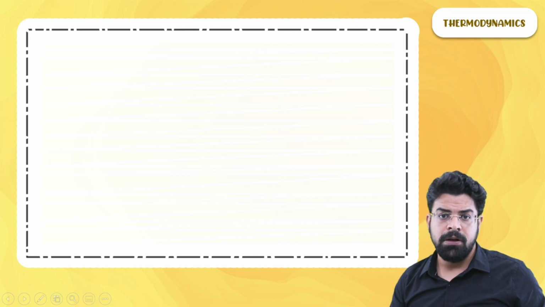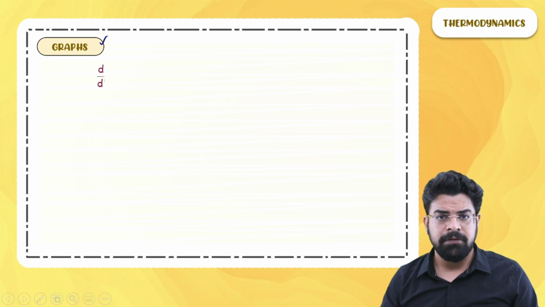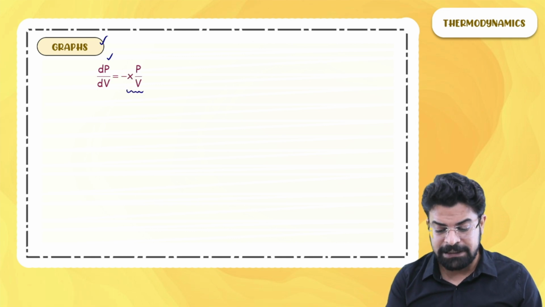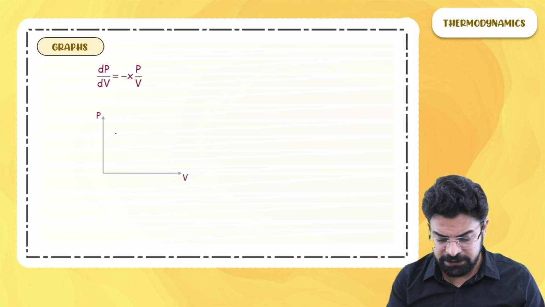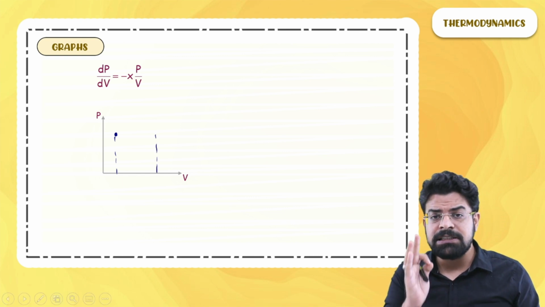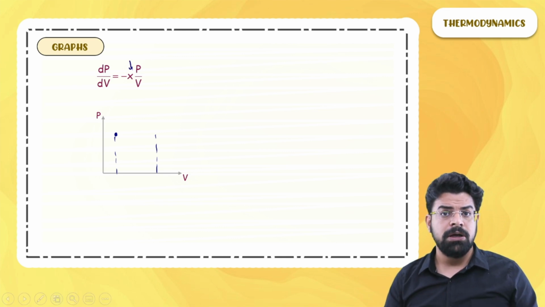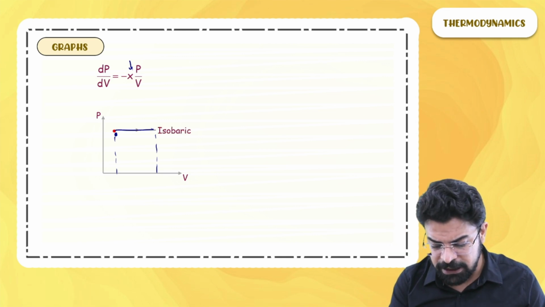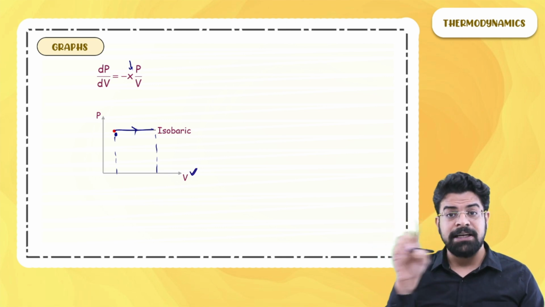Moving on. How does the graph look like for different processes? Let's say we are talking about expansion. So the slope of the graph is given by minus xP by V. If we talk about expansion of gas, from initial certain state to final certain volume, if the process is isobaric expansion, then for isobaric expansion, the polytropic coefficient is 0 and hence the slope of the graph is 0. And isn't this obvious that pressure has to be constant, so the slope of the graph will be 0, a line parallel to the x-axis.